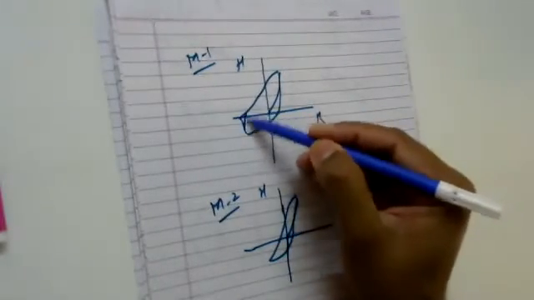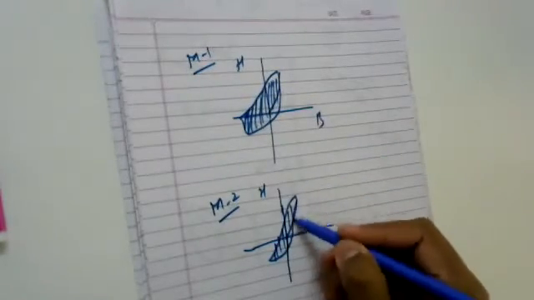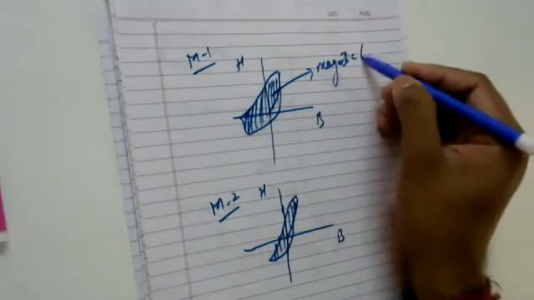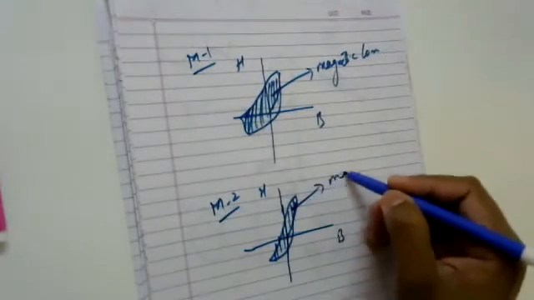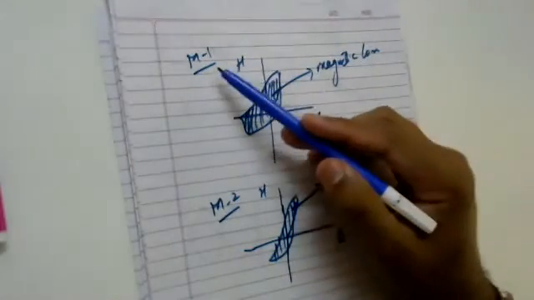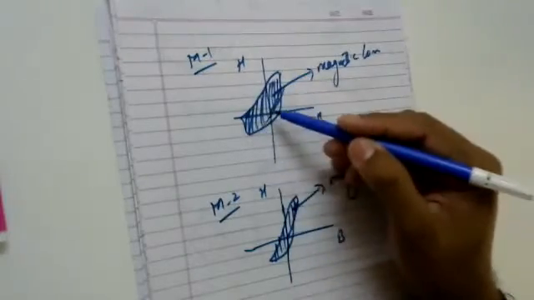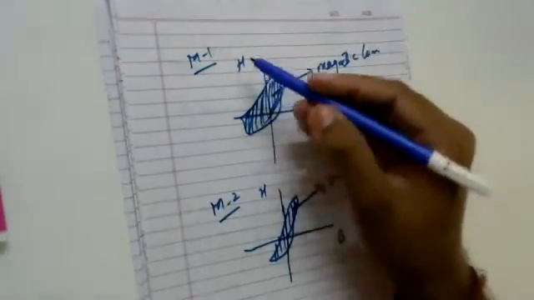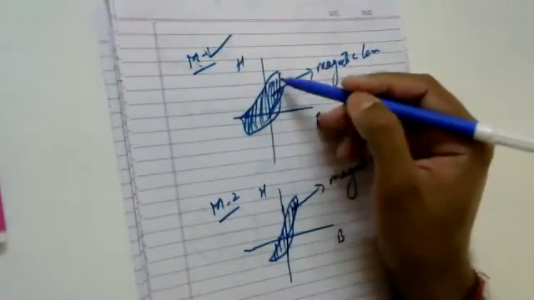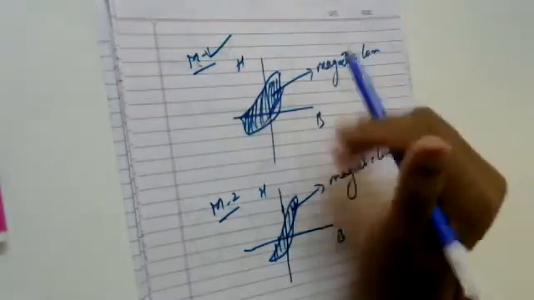Now, the area under this curve gives me the information about magnetic loss. So if I use magnetic material 1, the losses will be more. If I use material M1, then this is the amount of loss which occurs. So if losses are more, what about the efficiency? The efficiency will be less.